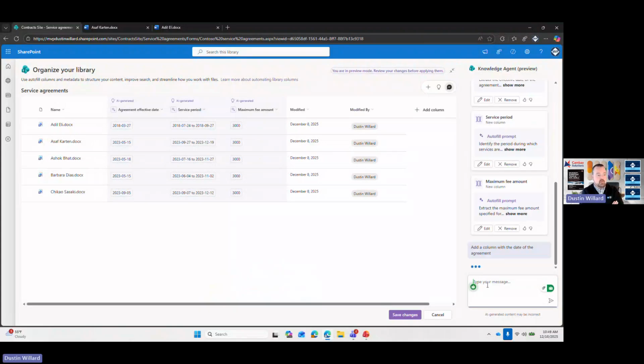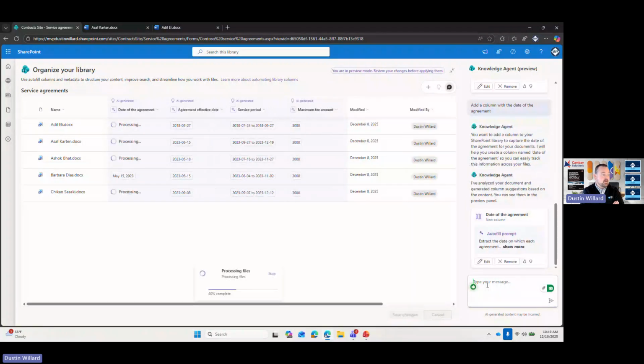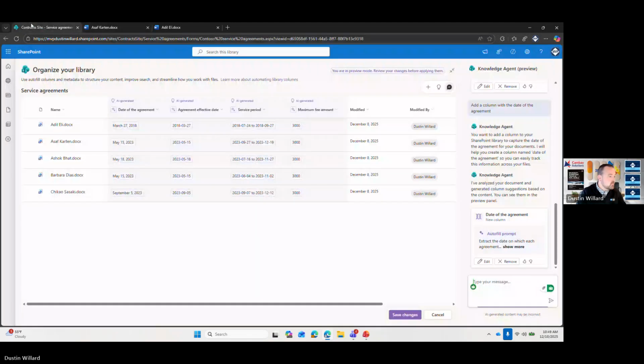I just asked it for the date of the agreement, and that would be different than the effective date. So it came through, and it's going to look in and see the information. And I guess that is the same thing here. Yeah, I guess that was the same.